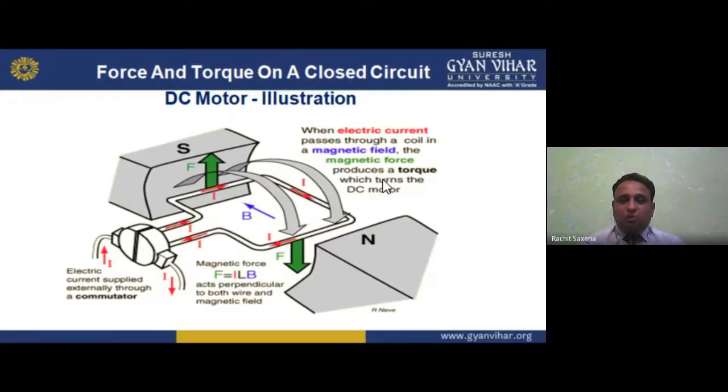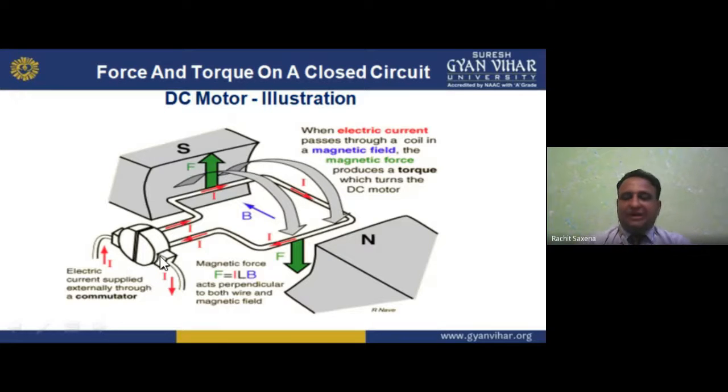It is in a closed circuit. That is why it is called a closed circuit. So if it is in a closed circuit, what will happen? Torque is applicable, so due to this torque, it will start to rotate like this. If it starts to rotate, see, my dear student, what do we have?